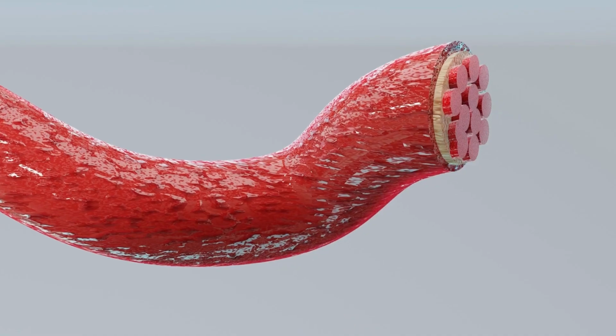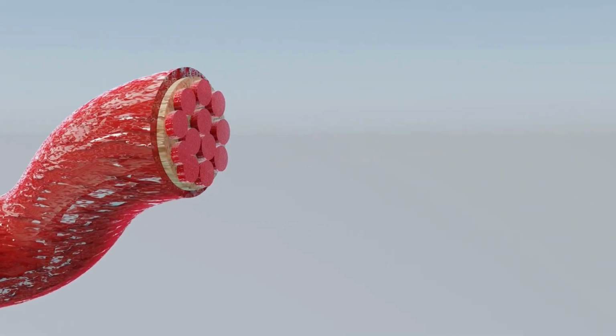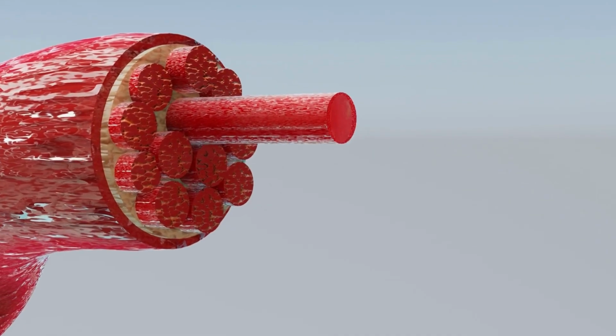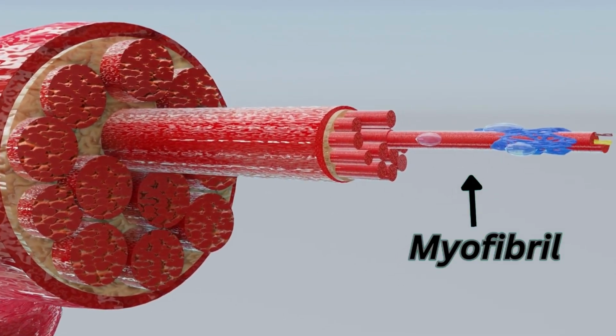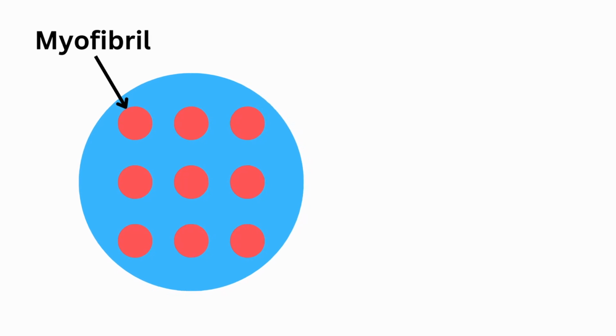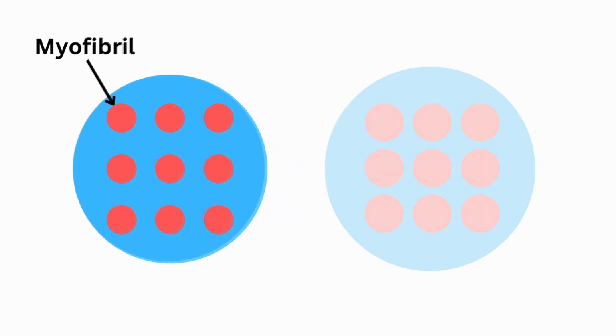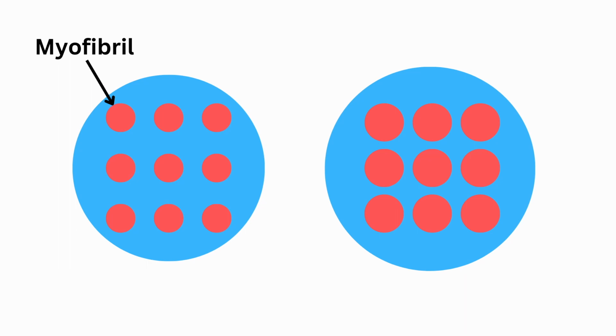Here we have a muscle, and inside of that muscle, there are fascicles, which are a bundle of muscle fibers. Now inside of these muscle fibers, there are even smaller myofibrils. On screen here, I'll show you a simple illustration. The myofibril is the contractile component of our muscle. As we train, we can experience hypertrophy, and these will take up more space, as you can see on the